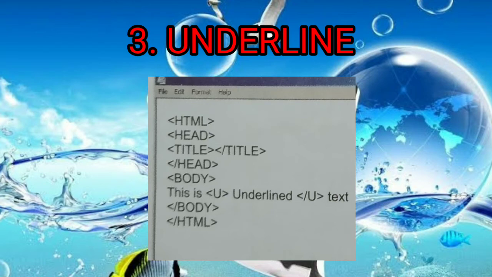Fourth, close the head tags. Again open body tags. This is where you give underline tags. Underline, close the underline tags. Text, close the body tags. And last, close the HTML document.